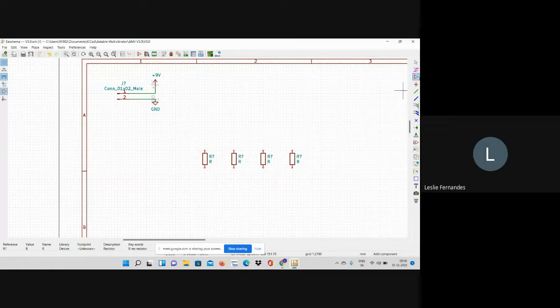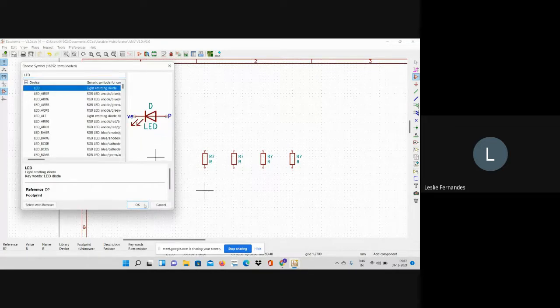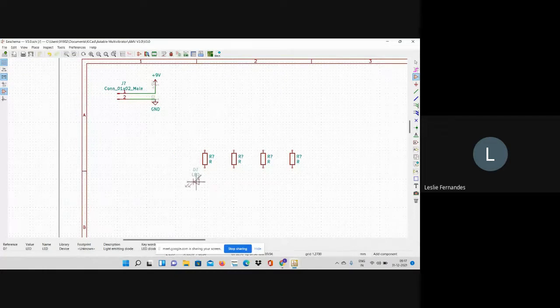Now the next thing that I need is something called an LED. So again, I'll go to place symbol and I will place my LED over here. I will search for LED. The first one has come. I'll select that. Now see, this orientation is horizontal. I want it vertical. So if you want to rotate this symbol, just press R on your keyboard. I'm pressing R and it is rotating. I've rotated it and I'm placing it. So I've placed my LED.